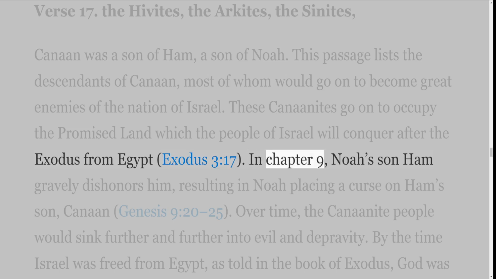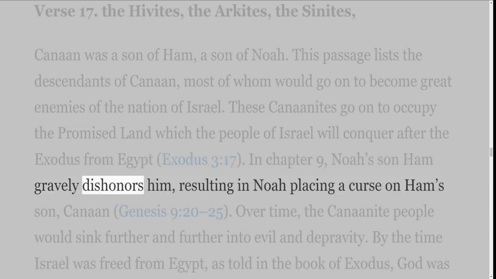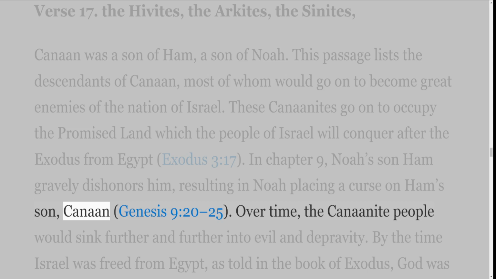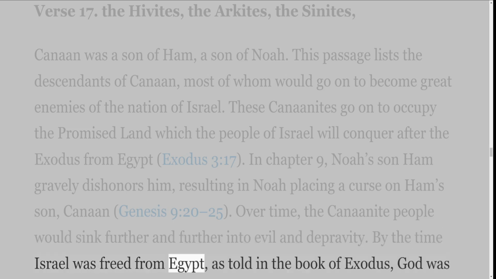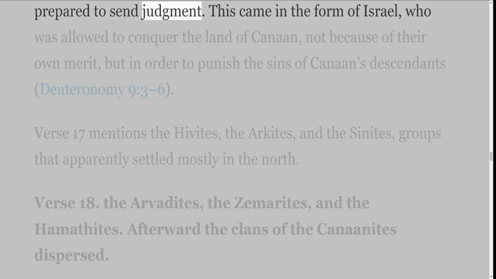In chapter 9, Noah's son Ham gravely dishonors him, resulting in Noah placing a curse on Ham's son, Canaan, Genesis 9 verses 20-25. Over time, the Canaanite people would sink further and further into evil and depravity. By the time Israel was freed from Egypt, as told in the book of Exodus, God was prepared to send judgment.